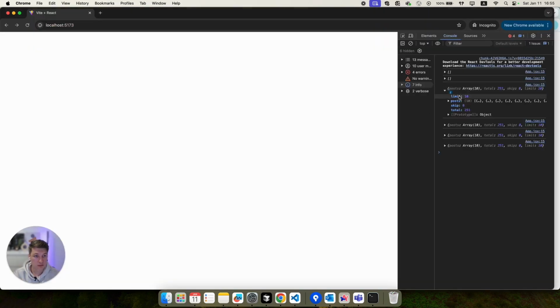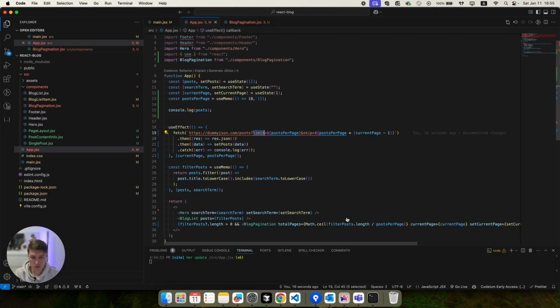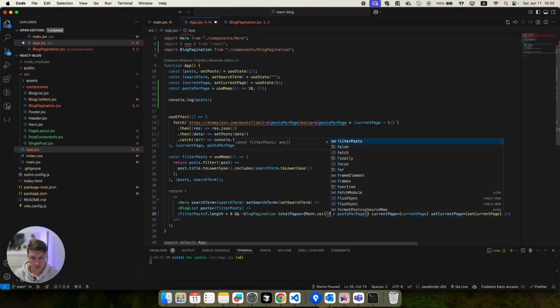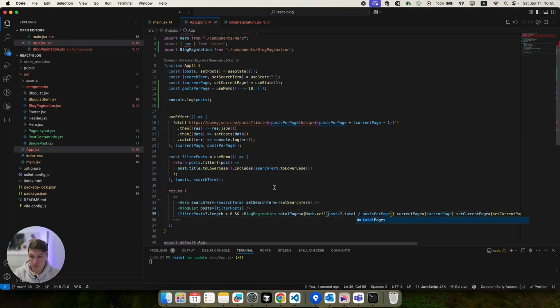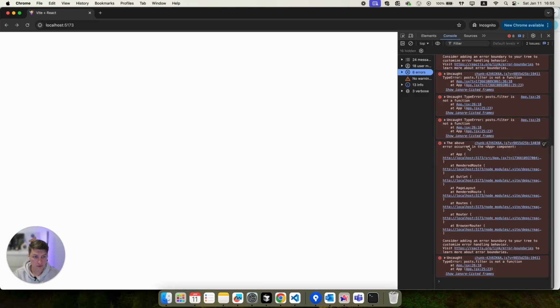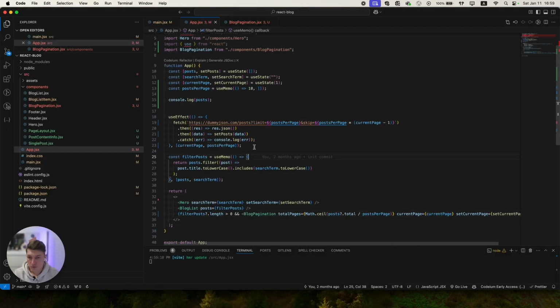But also we see that we have the total amount of the pages, or sorry, of the posts. And now instead of filtered post length, we could use posts total. Okay, but we need also fix, we have some errors here, so we need to fix this one. First of all, while we have all the data, so in the post where we use posts, we need to update it like post.posts.